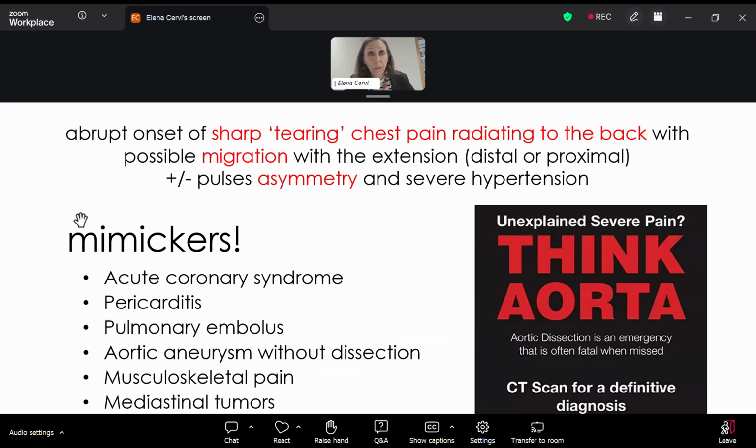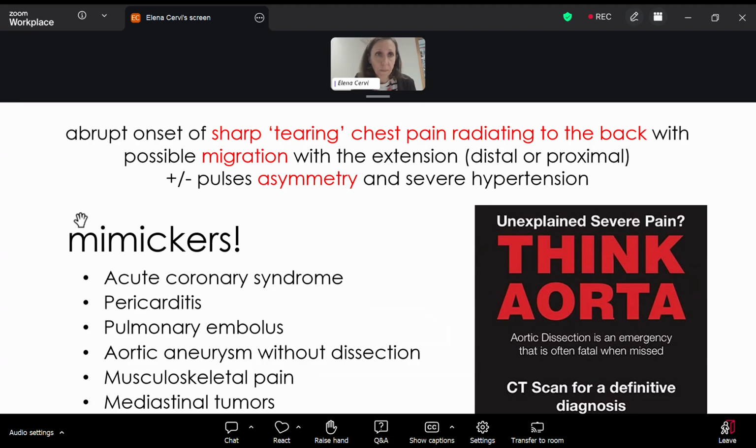And I think back in med school and in my adult cardiology experience, you have a clear picture in your head of how a patient with aortic dissection presents. So the textbook description is a sharp and excruciating pain in the chest, then traveling to the back and extending basically according to where the dissection flap is extending, with migration and pulse asymmetry and a number of other things. And of course, it's a very difficult thing to